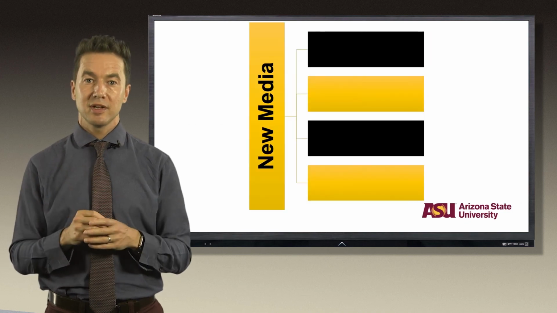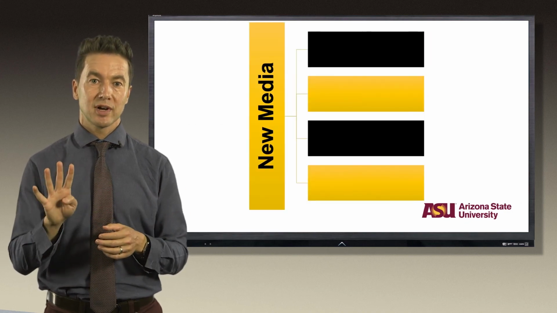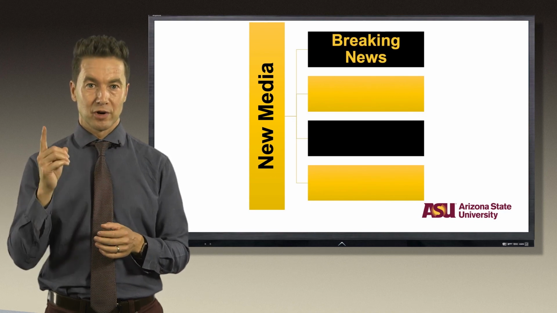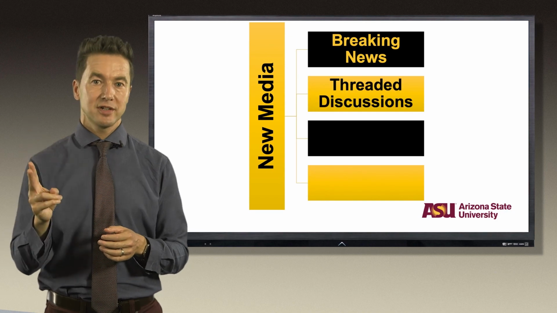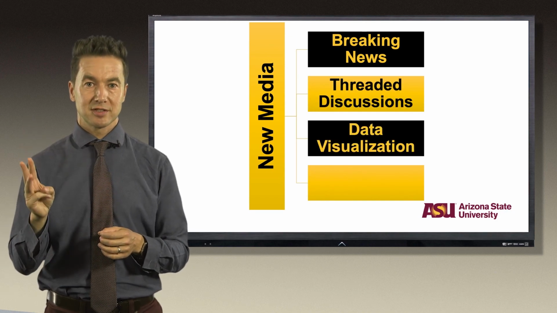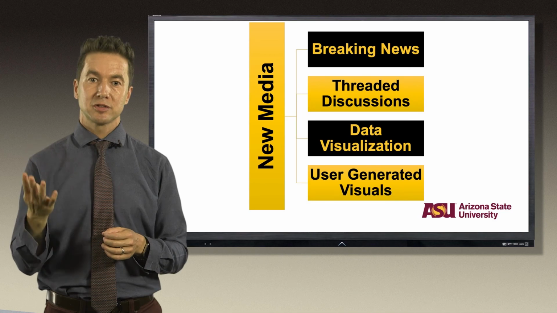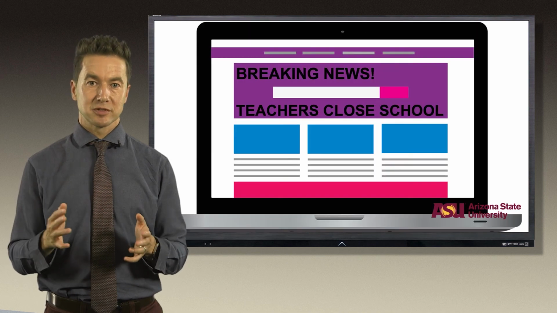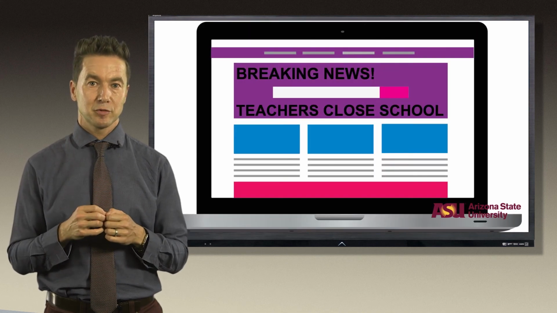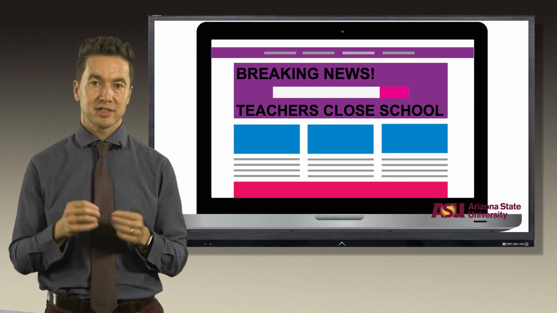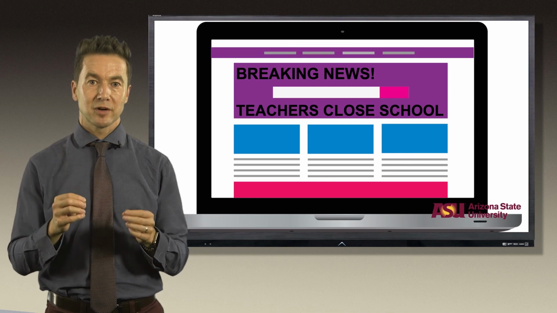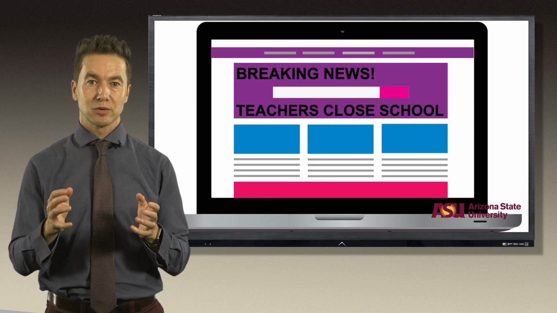To sum up, in this video we have talked about 4 kinds of stories that are very common in new media: breaking news stories, threaded discussions, data visualization stories, and user-generated visuals like memes, GIFs, and ephemeral media. We discussed examples of how each of these types of stories could be used to report on the teacher protest example online. In our next activity, we will write our own new media posts about a local story,